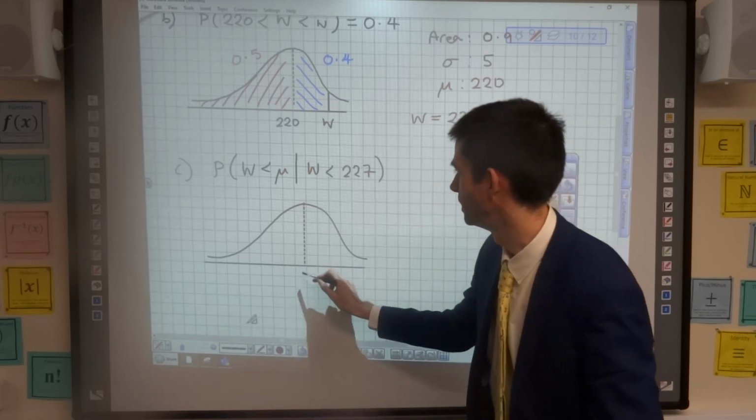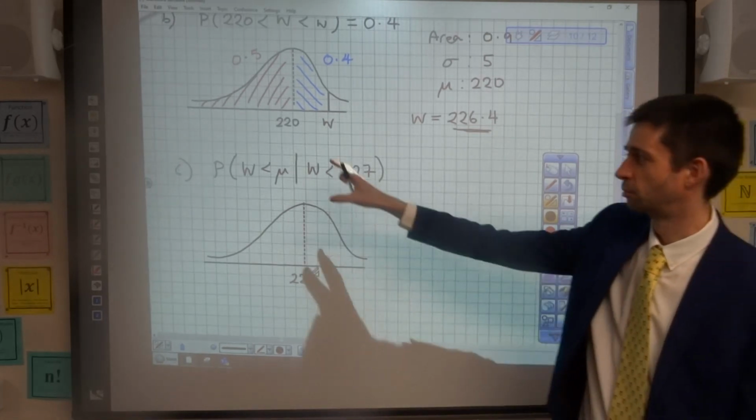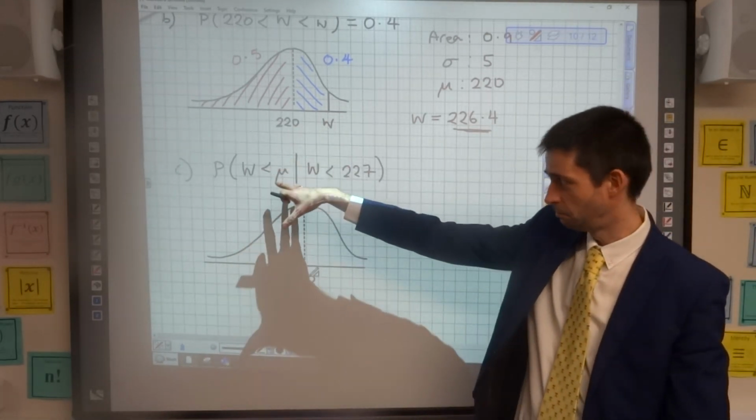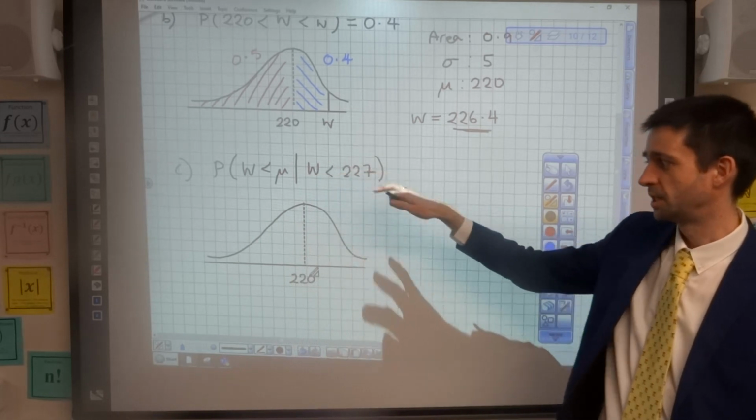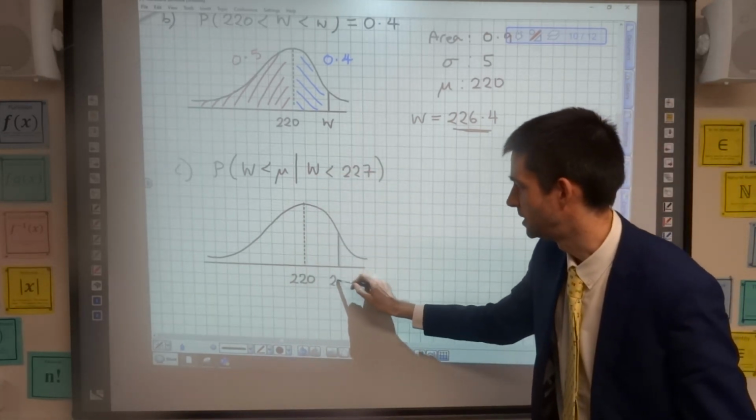Always pop in that little line for the mean at 220. And we've got the probability that W is less than mu, the mean, given that W is less than 227. Now if I pop that line in at 227,